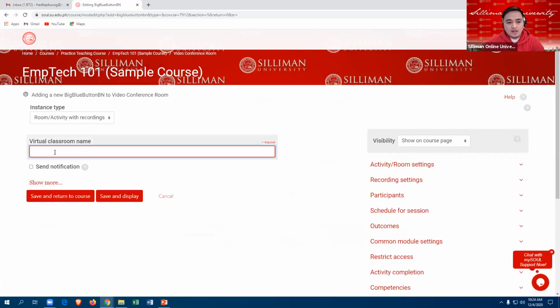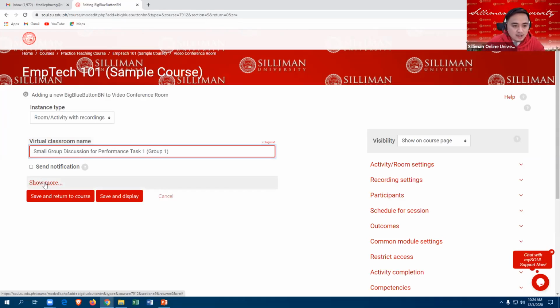and then you name it. So for instance, small group discussion for performance task 1, and then we have group 1.